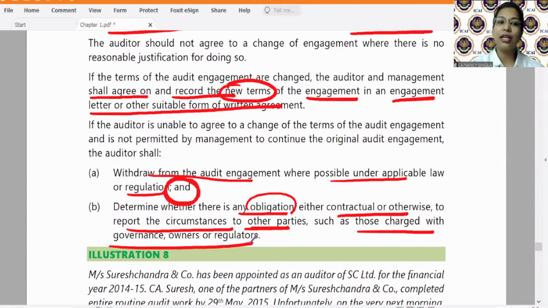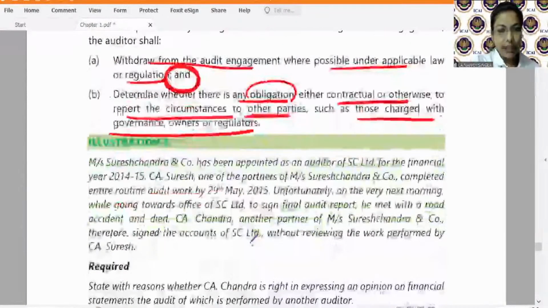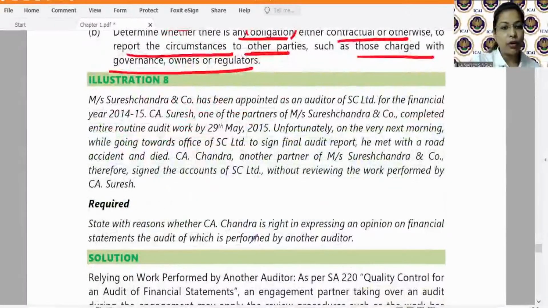यार, you are a professional, ऐसे थोड़ी ना आप काम बीच में छोड़ के चले जाओगे. So auditor needs to consider all those obligations also. For example, communicating with those charged with governance, owners or regulators. ठीक है, so let us just quickly have a look at the